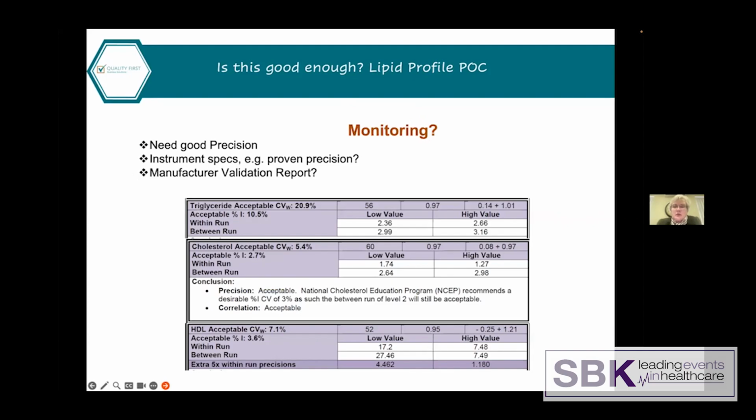Now let's look at lipid profile again, another point of care device, another company, but this time in our clinical setting, we use it for monitoring purposes only, monitoring of treatment. So now accuracy may not be as important. We now want a good precision, repeatability for monitoring. Look at the instrument specs again, the proven precision. What does the manufacturer claim the precision to be? And again, we can see here,